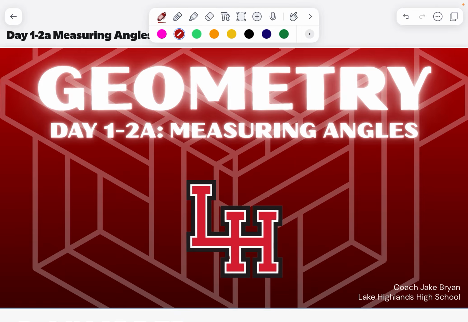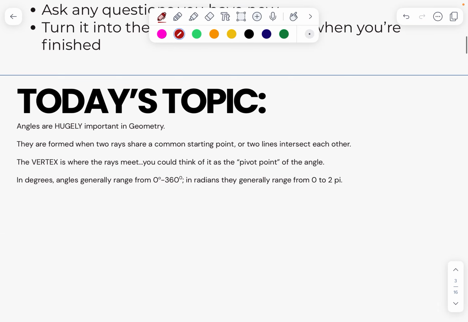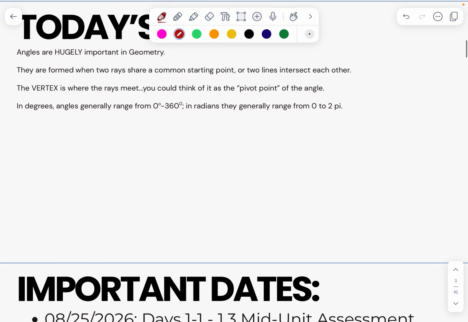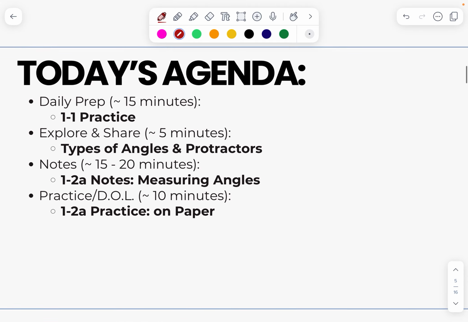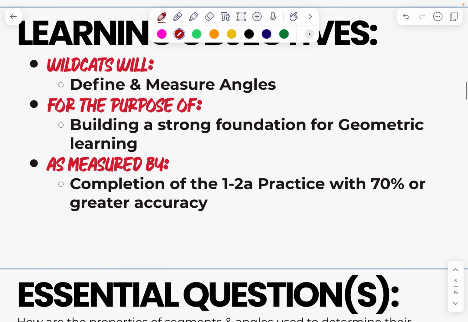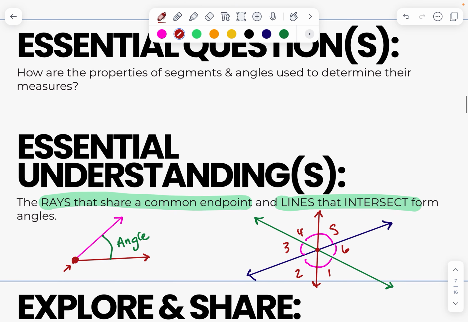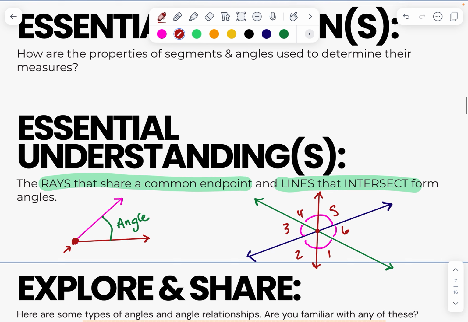All right, measuring angles. Today we started class by working on our practice, and then we talked a little bit about what angles are and how they're formed. Today our objective was to define and to measure angles. This again is a big part of our geometry foundation. You really need to understand how angles are formed and measured in order to progress more comfortably in this